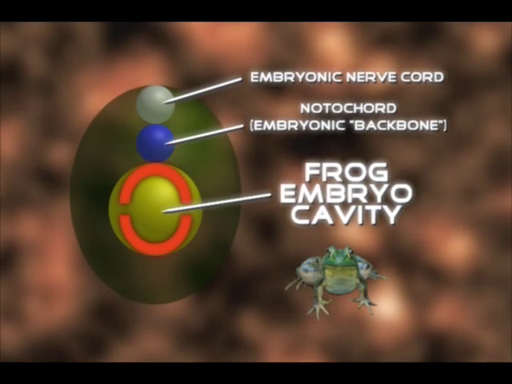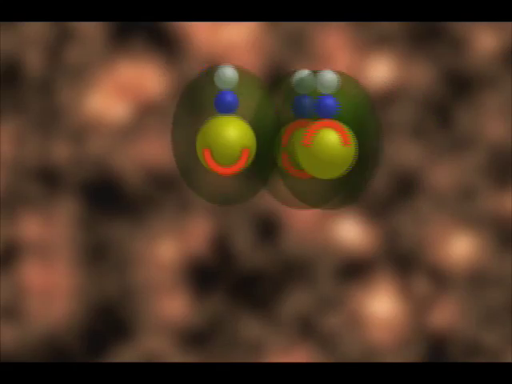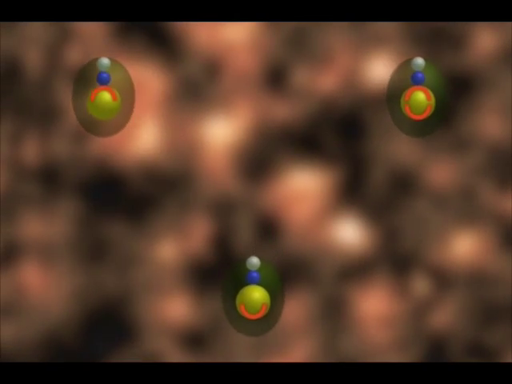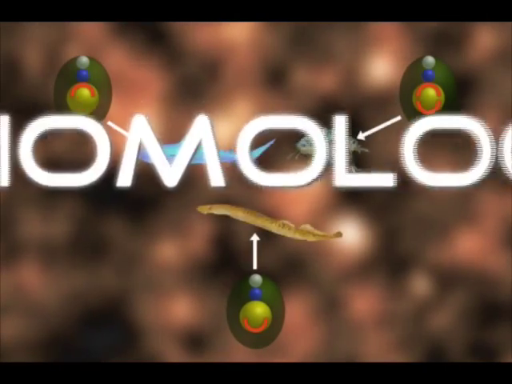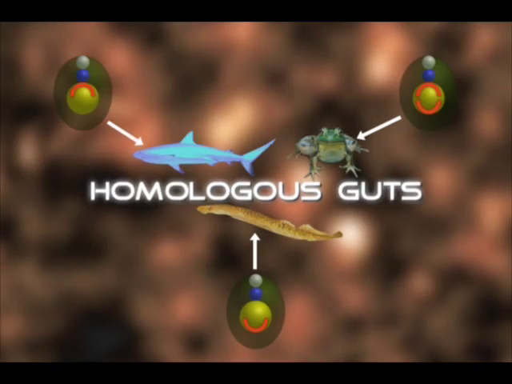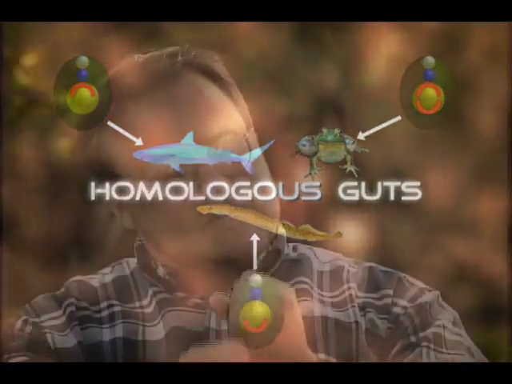So you have a homologous structure in vertebrates that is built in one way in a shark, in one way in a lamprey, in another way in frogs, and you've got these very different developmental pathways converging to the same structure. This is very hard to reconcile with Darwinian common descent.